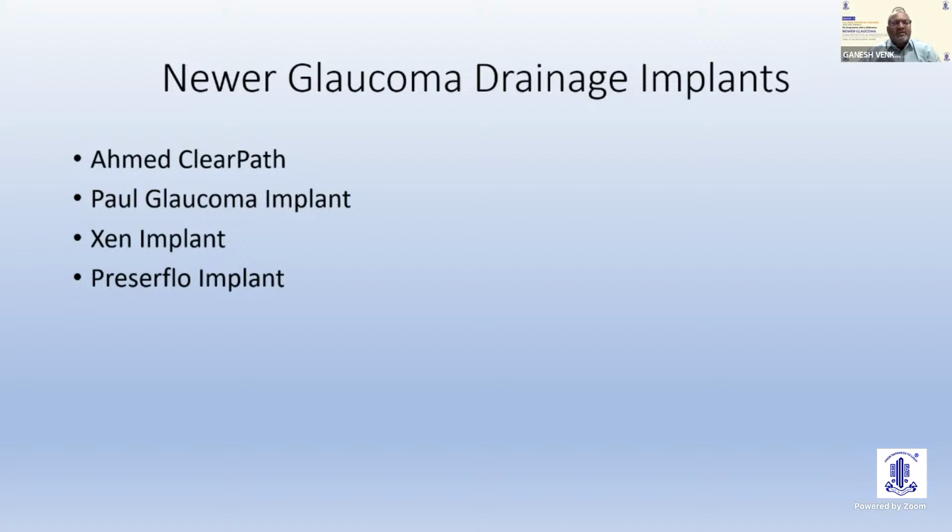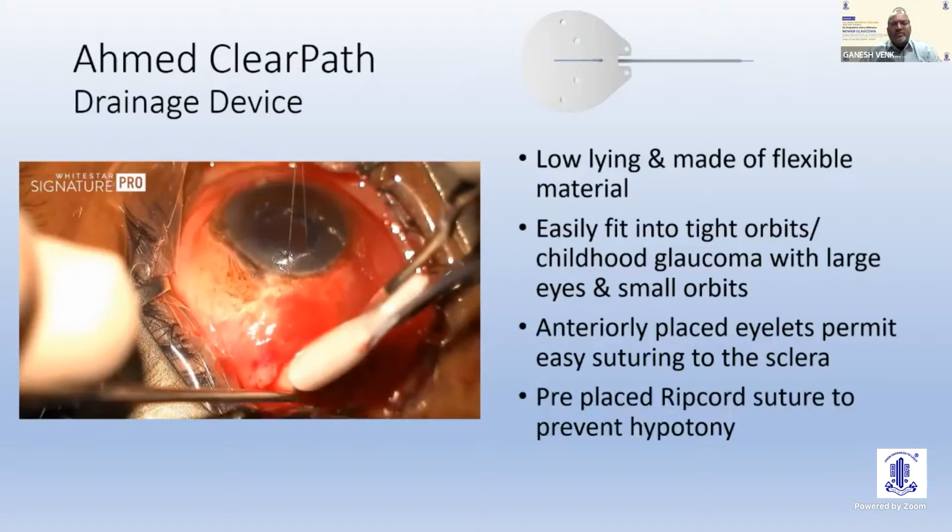Many of our clinician scientists are experimenting and implanting these devices and seeing the results. So they may go in for approval, and we may have this device soon with us. The Xen implant and PRESERFLO implants are already available in the Western markets, and I'm given to understand that they will be launched soon. So these are small devices which help to percolate the aqueous humor from the anterior chamber into the subconjunctival space. So just to show you a video of a